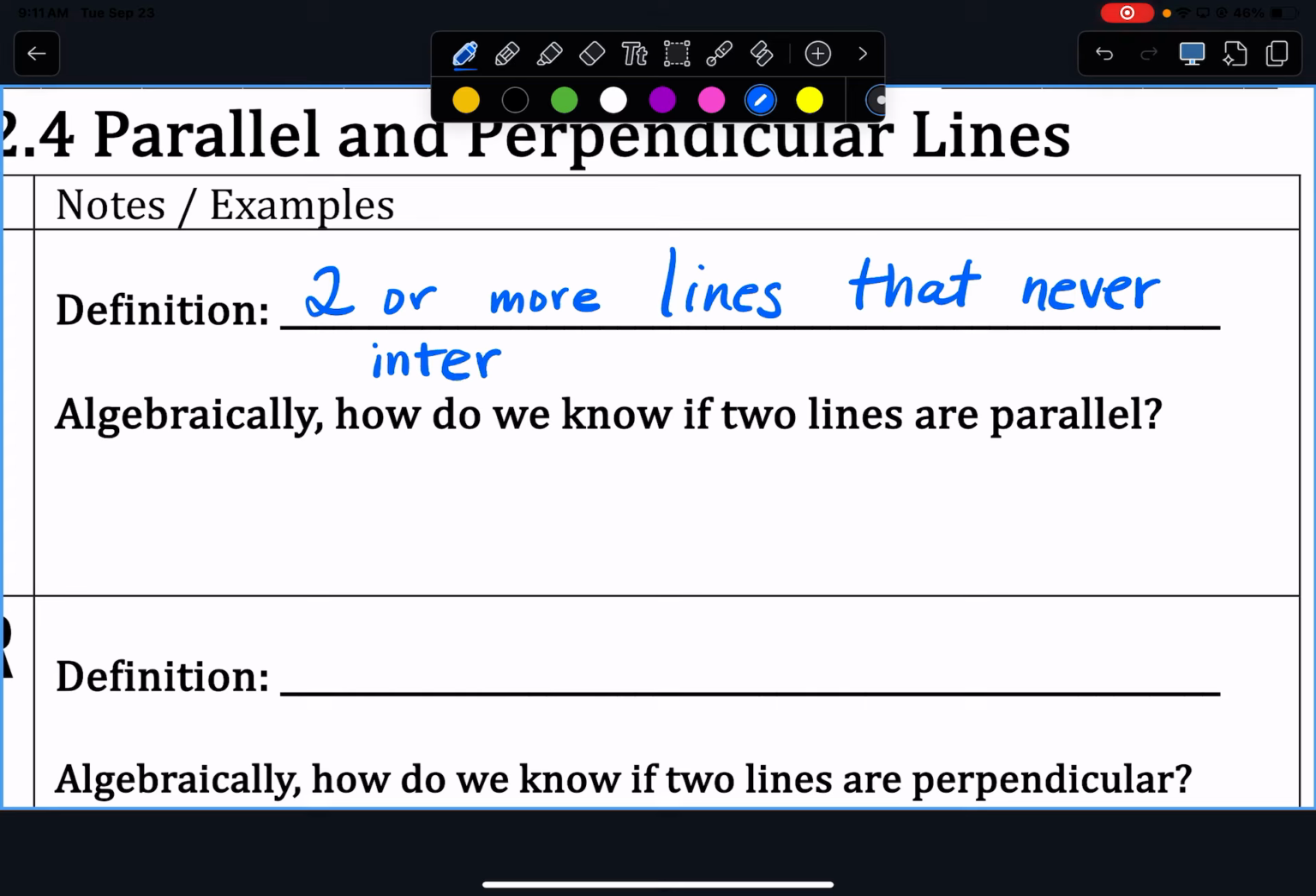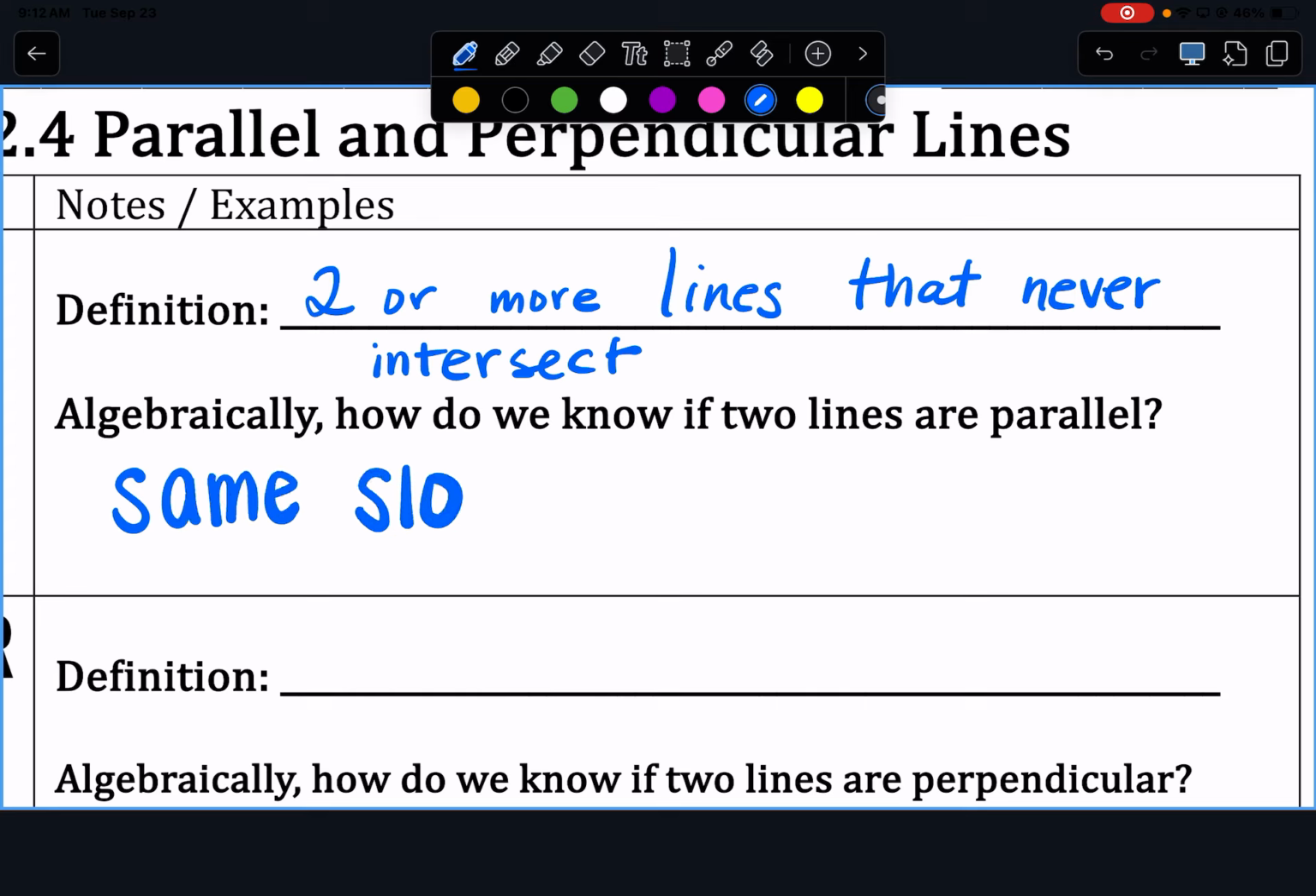So in order for those two lines to never intersect, well, why can't I spell? There we go. We have to figure out how that happens algebraically. If I had two equations of two parallel lines, what part of the equations would tell me they're parallel? Their slope would be what? Equal. They have the same slope,